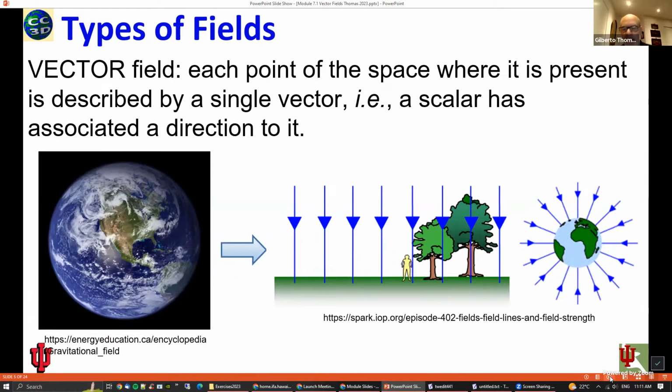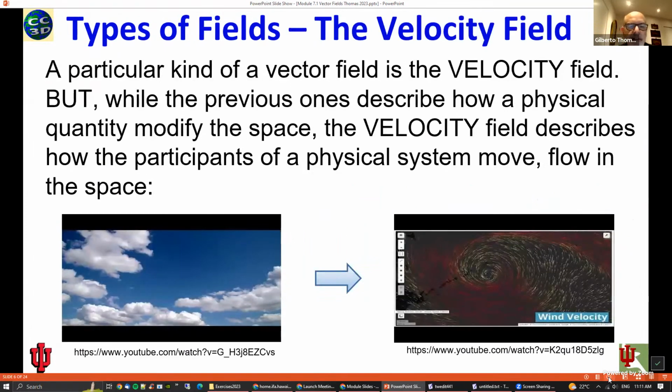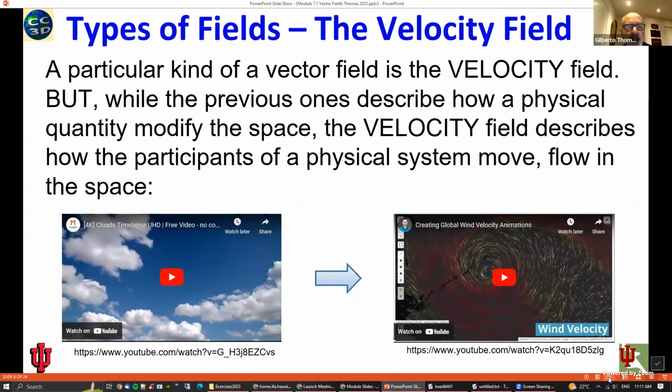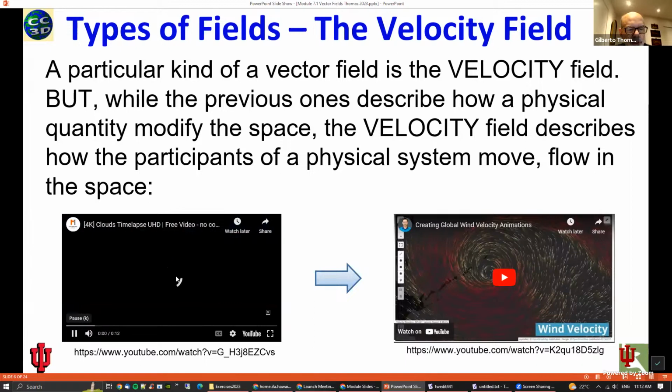Now we have many examples. There is a specific kind of vector field, for example, the velocity field. It is a vector field, but it is not the same as the previous ones, because those describe the environment, if you want, and the velocity field describes how the system moves in the space, how it flows in the space. For example, we have here a simple movie showing some